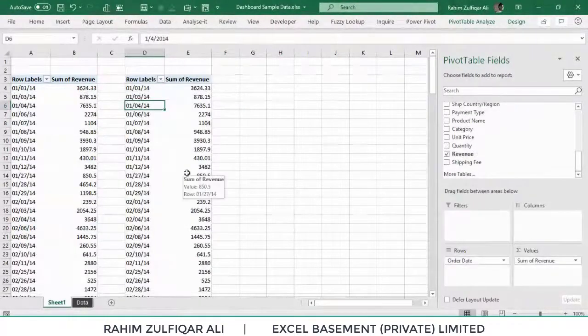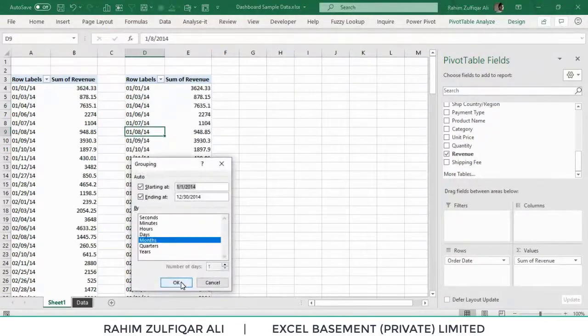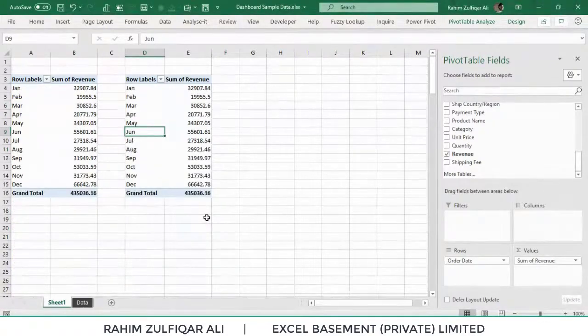Now both pivot tables are ungrouped, because the memory cache is the same on the back end of both pivot tables. When I group one pivot table, it also affects the other. And I want different grouping on different pivot tables.